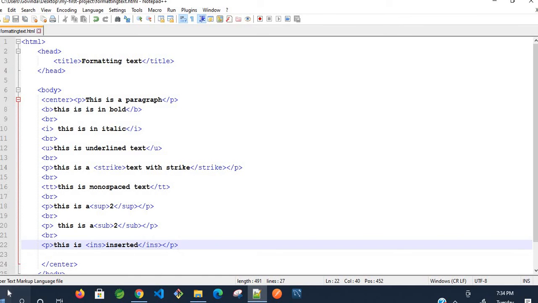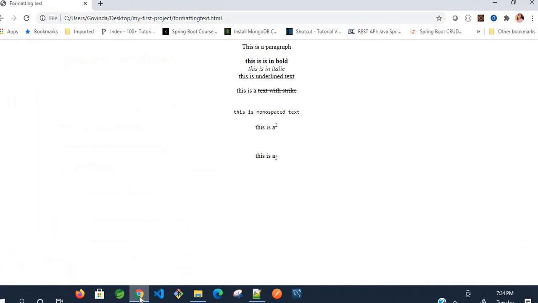then save it, go to the browser, then see, this is inserted, this is underlined. Okay, see the difference between the underline tag and here the inserted tag.